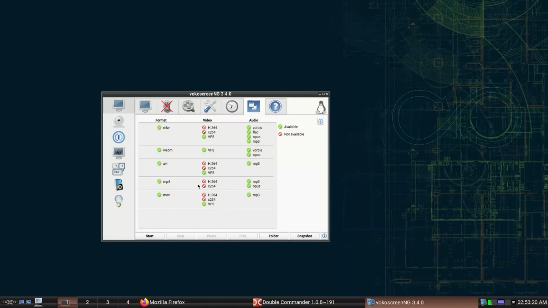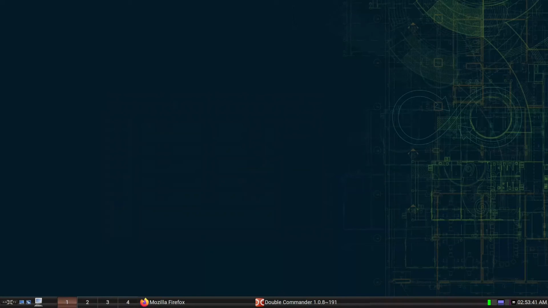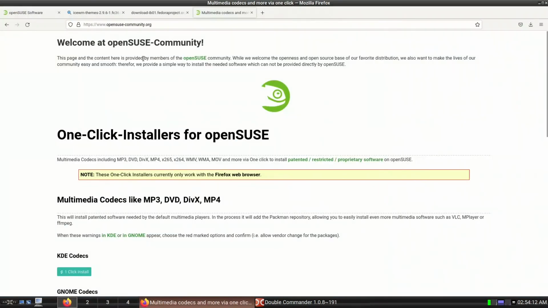For Fedora, for Opensuse, if you want to install multimedia codecs, there is a special repository which is called Pacman. Not the Pacman from Arch Linux. It is the PACK-man repository. We have to add it in order to install these codecs. So what we can do, let us go to,